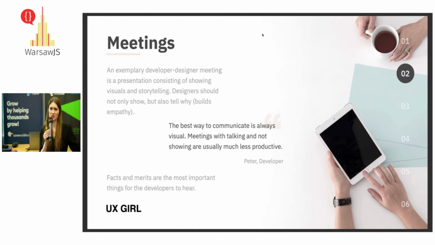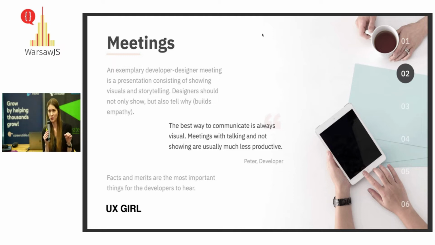It might be easy for the designer. It might not be easy for the developer. So that's why designers should always show something. If the designer is not showing something, maybe tell your designer, for example, let's just turn on a whiteboard and sketch some things. That might be a cool idea, and it will add to the visuality of the meeting, and you can get to agreement faster, basically. So this is a very important thing.